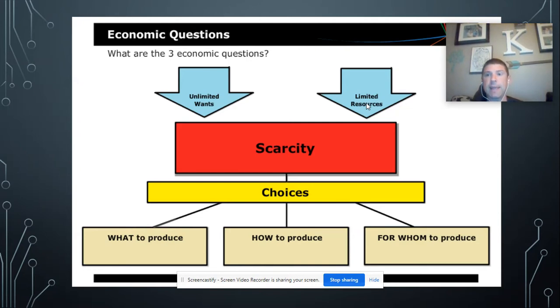There are some things in Indiana here that we can't grow, right? Like we could put all of our energy into growing pineapples, but you know what? We're not going to be able to produce very many pineapples. So we have to specialize to some degree in certain things. We have to decide how we're going to produce them, what kind of machinery is going to be used, what kind of technology, and all those types of things, and then who those things will go to.